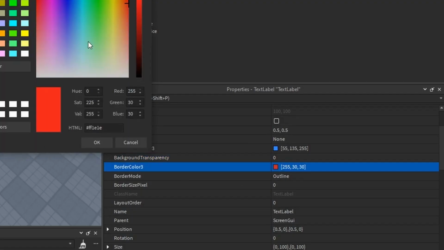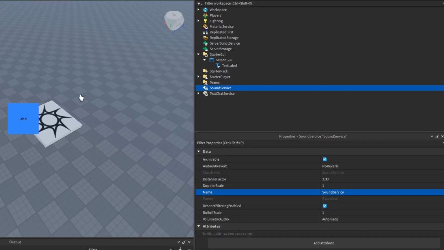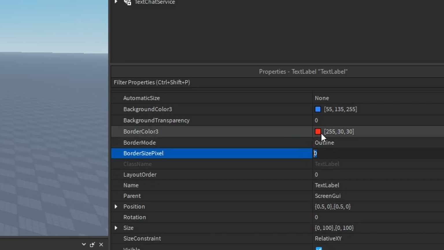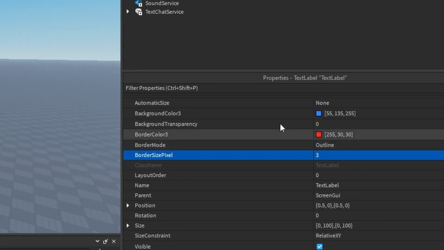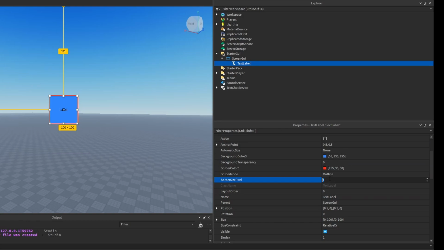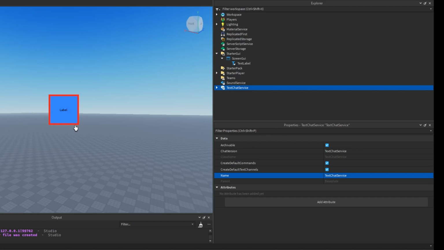Border color 3, it's just the color of the border. And I see that it's not showing. The reason why your borders might not be showing is because your size is set to 0. Try setting it to 3. Bam, it's right there. So that's how you can do cool stuff with the border. You can set this to like 6 or 7. It becomes bigger. Size of the border is given in pixels,